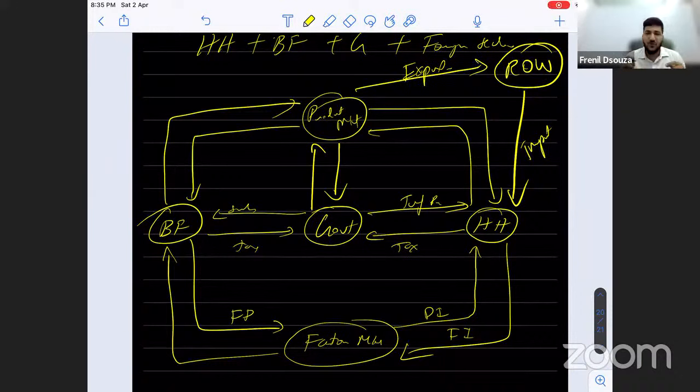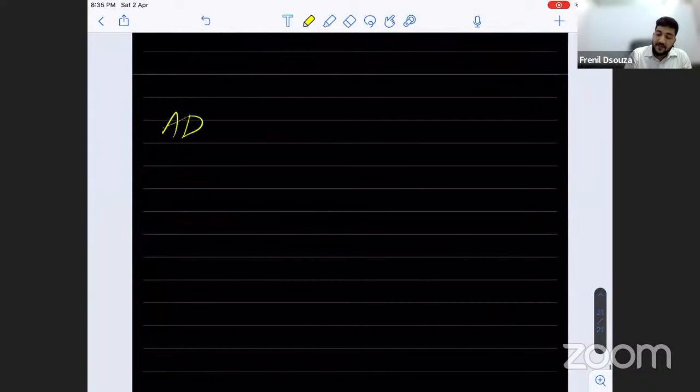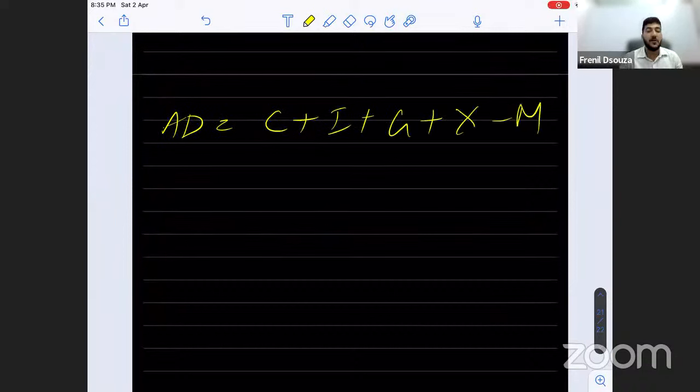Also, if I have to go a little bit in depth, from rest of the world we also get investment in the form of FDI, right? Which we will learn in the fourth chapter revision, not in the first chapter revision. So here, what is happening? Aggregate demand is given by C plus I plus G plus X minus M. Now the formula of the expenditure method is complete, if you remember, right?